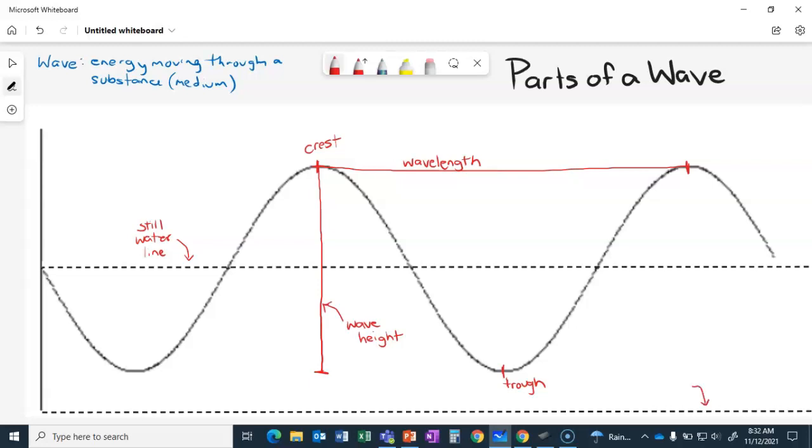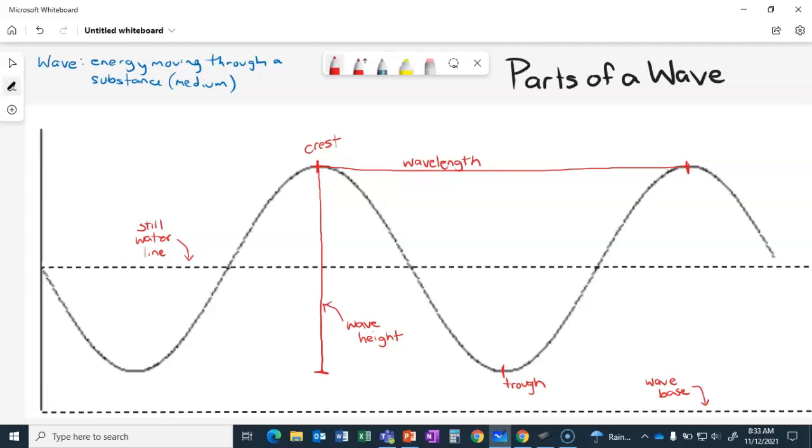The final line that we're going to take a look at is the line way down here at the bottom. And I know yours looks a little different from mine because yours is kind of a line with two dots in between, an interesting kind of dashed line. I didn't have that option on this particular whiteboard, but we'll give this line the title of the wave base. And we're going to talk more about wave base in the next lesson.